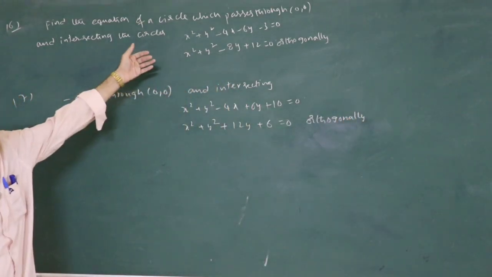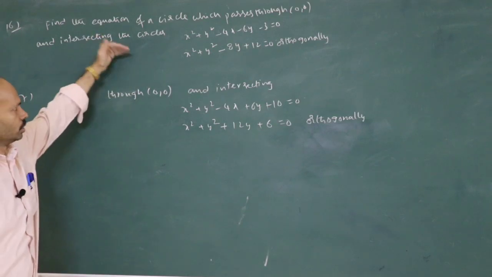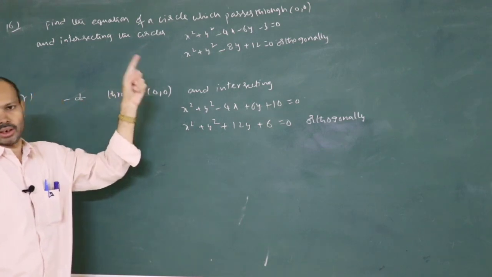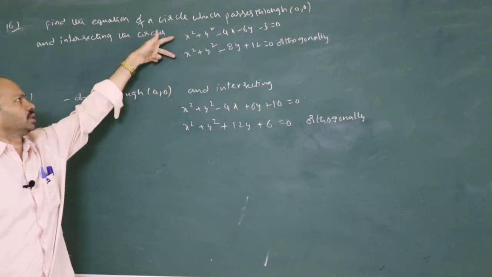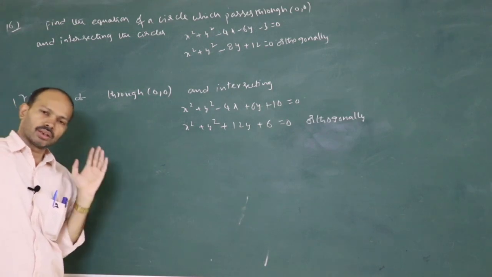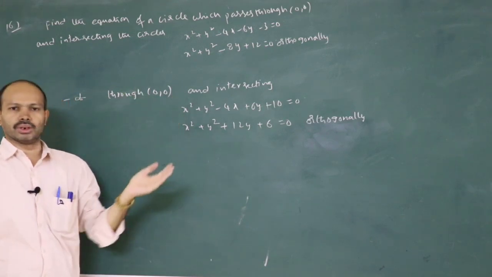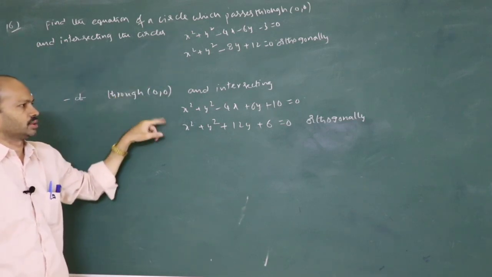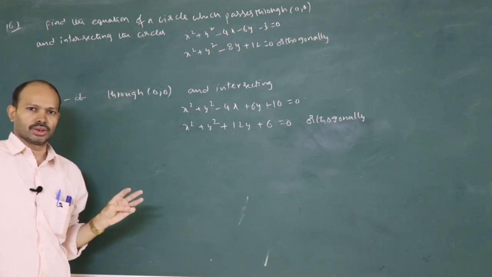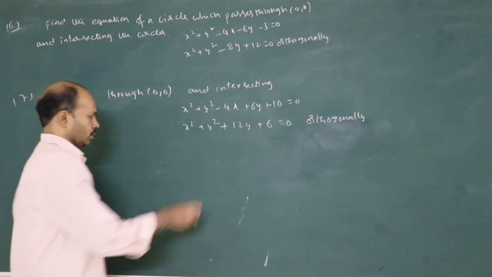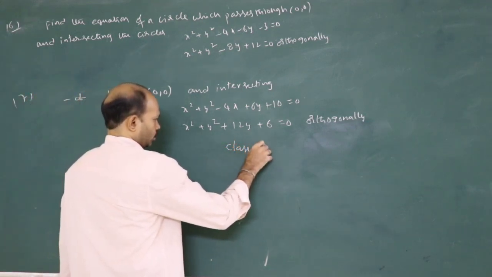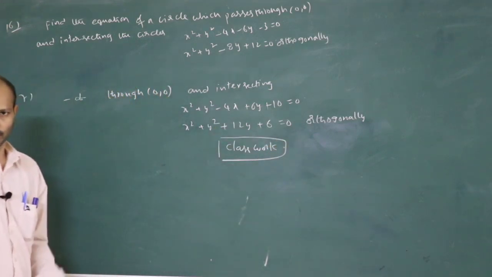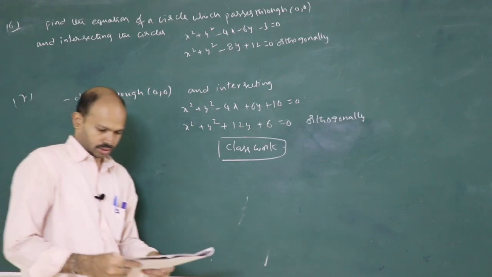We have explained the previous question. As it is the same model, you can do this and this. Both have the same data, same concept. Find the equation of circle passing through 0, 0 and intersecting the above two circles orthogonally. Start with the general equation, apply 0, 0, you get c value 0, and apply the two conditions of orthogonality for both circles. You have three conditions, three unknowns, solve them, you get your answer. As your class work, do these two problems yourself just like above. Let us go to the next model question.